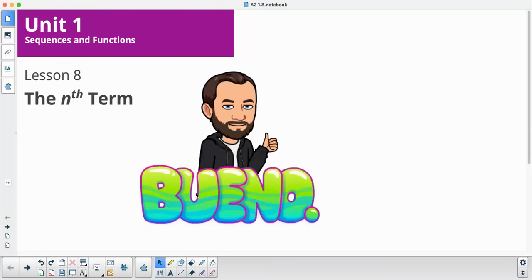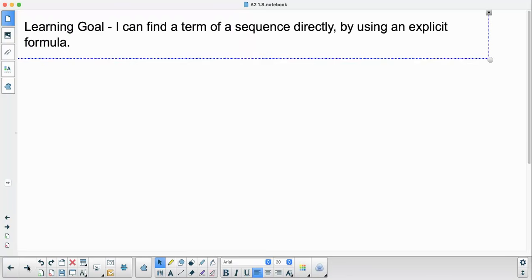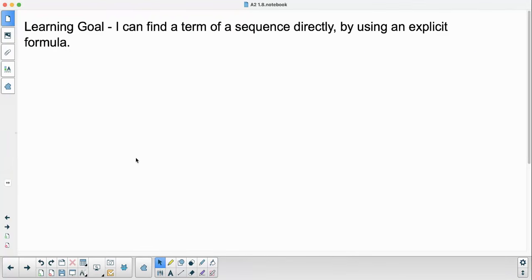Lesson 1.8 is called the nth term. All right, so our learning goal today is: I can find a term of a sequence directly by using an explicit formula. So just to give you a little idea here, in the past,